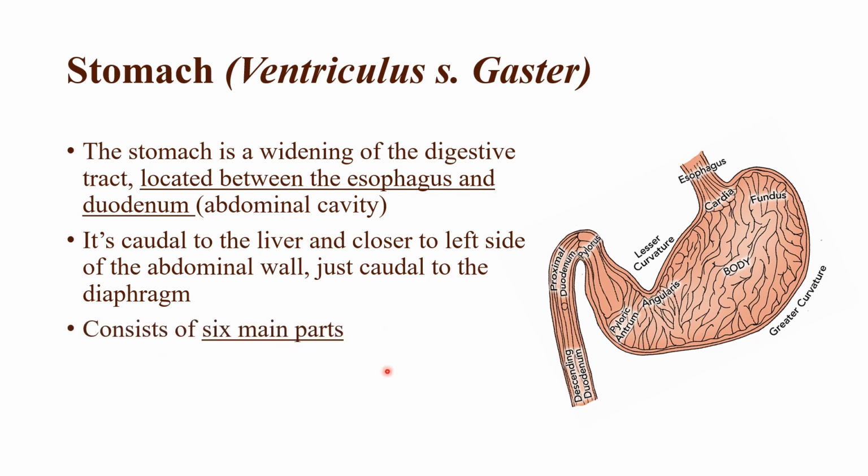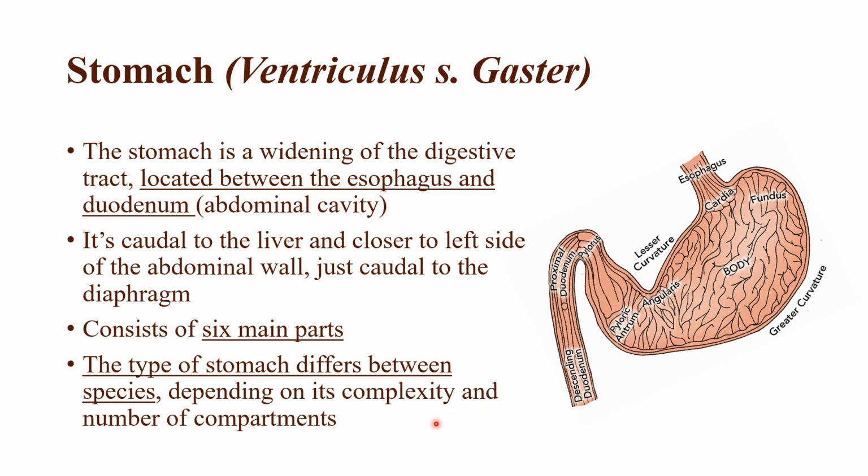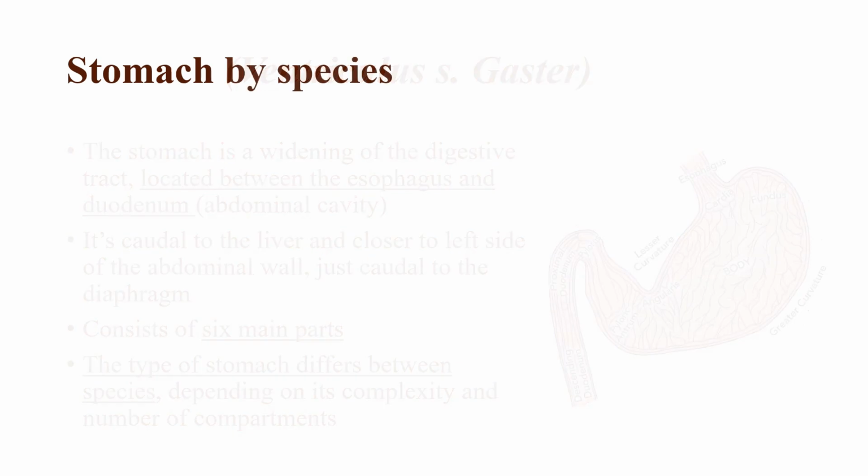Now, it consists of main 6 parts that you need to know. And as I already said, stomachs do differ quite a bit between species, meaning that a dog's stomach is completely different from a horse's or a cow's stomach, but the main parts are still there. So today we'll just learn the anatomy of those basic parts. Now I will do a different video on stomach by species, but for today we'll just look at how it's